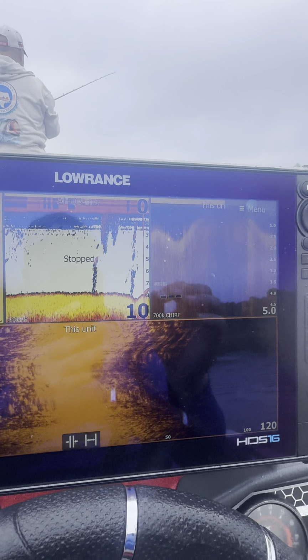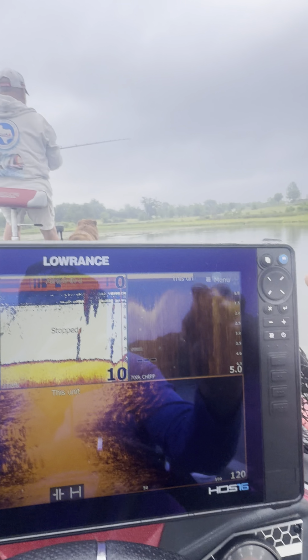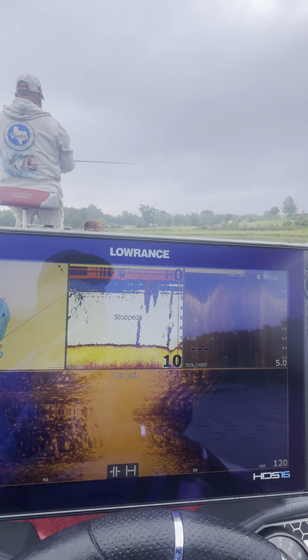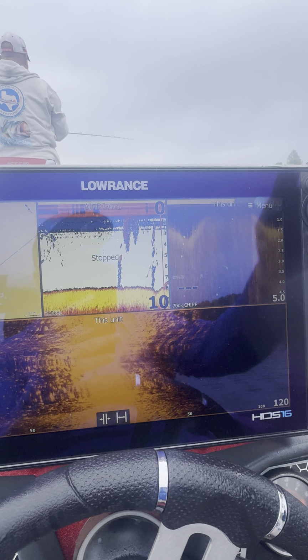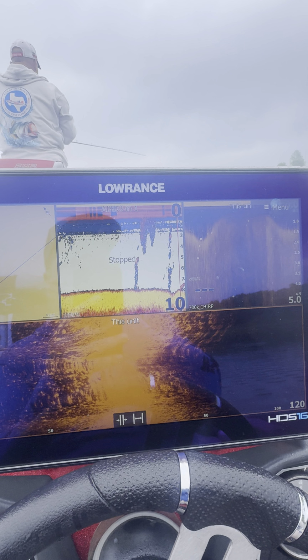But all right, I wanted to give you a quick tip. A buddy of mine called the other day asking for some help on his Lowrance graph, so I walked him through this and I realized that,